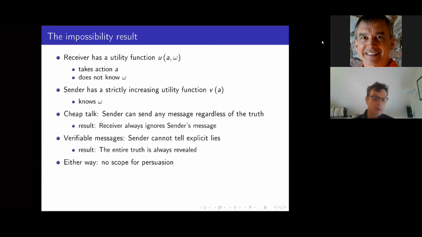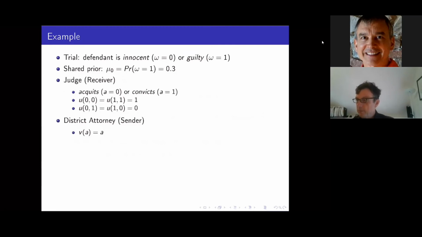And in fact it has an extremal outcome, in the sense that under cheap talk no information is revealed, whereas under verifiable messages all of the information is revealed. There's no solution in between, that is, we don't get partial, additional, augmented information. We either get zero information in one class of games, or we get full information in another class of games. Okay.